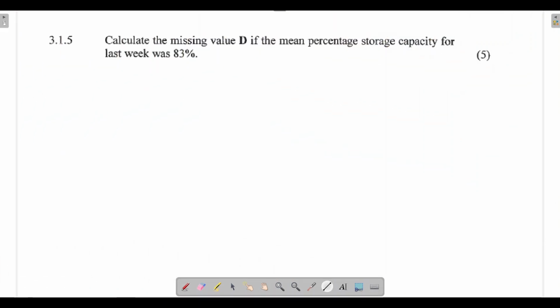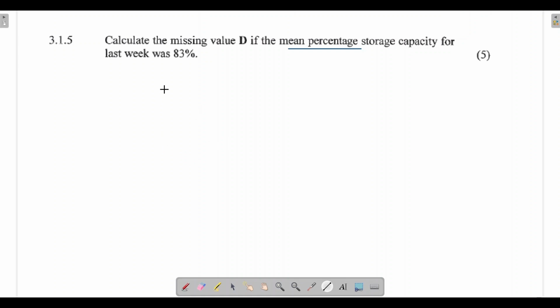Next question. Question 3.1.5 says we need to calculate the missing value D if the mean percentage storage capacity for last week was 83%. So we are basically calculating the mean. We are going to be using the formula that we use when we calculate the mean to be able to get the value of D. Before we go back to table 3 and have a look at what we need to do,